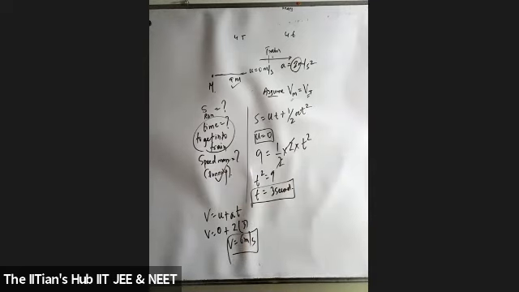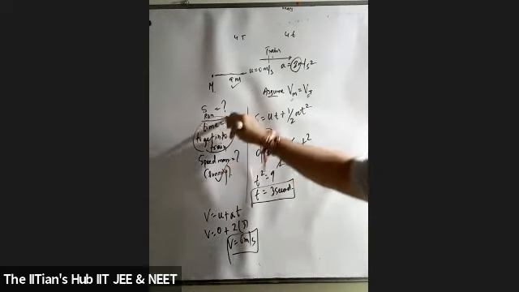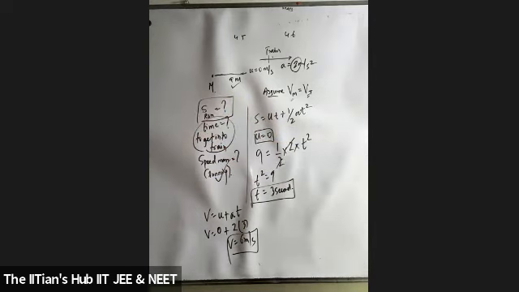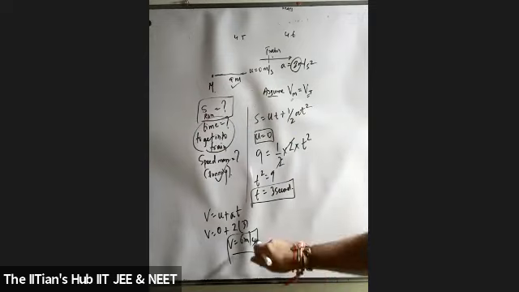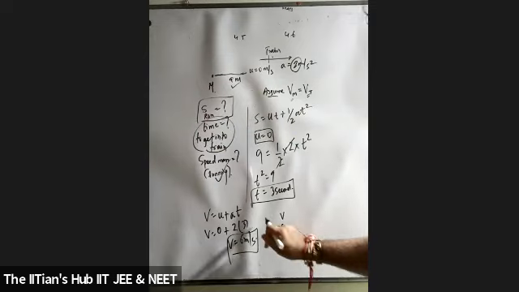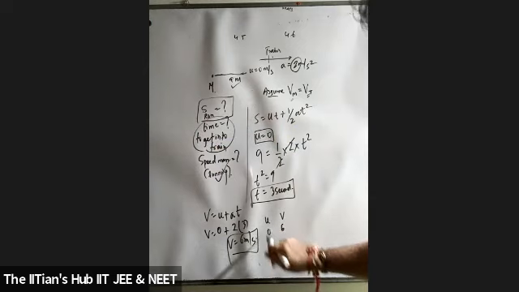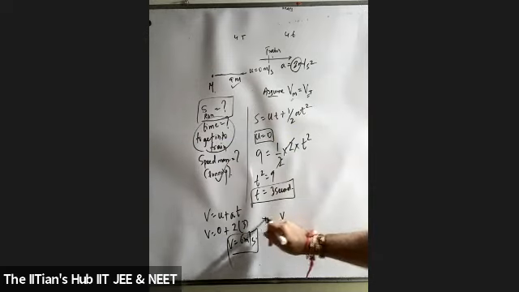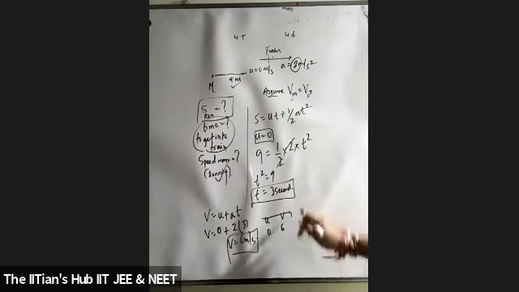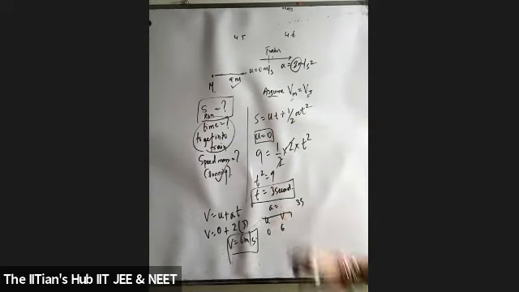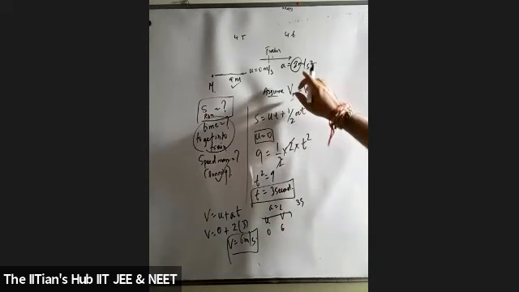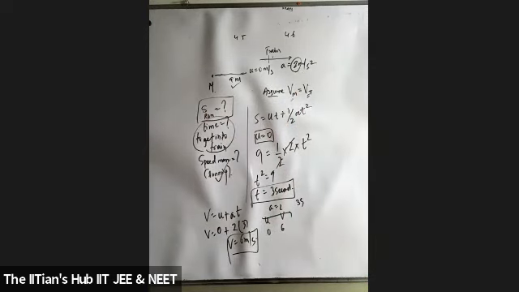That's the second part. Now I need to find out the total distance which he has covered during the motion. So now students, have we got the final velocity? Yes, final velocity is 6. Initial was 0. In how much time is he catching it? 3 seconds. What's the acceleration? Acceleration is given as 2 meters per second square.